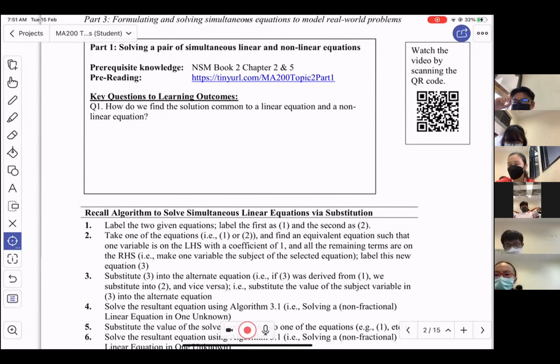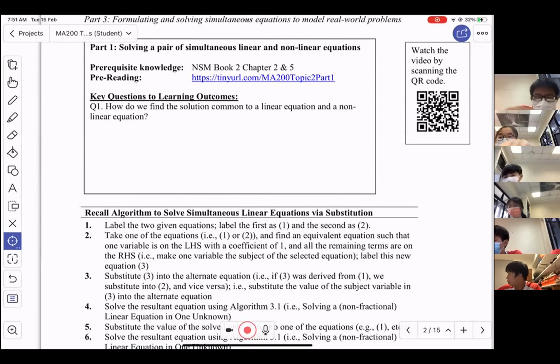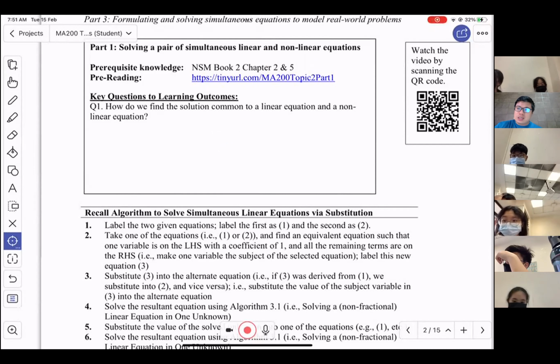Okay, so with that, we are going to start on topic 2. Mr. Wang, right, yesterday went through with you how to look at different pairs of simultaneous equations, linear and non-linear. We actually did this before, in JH1. So the difference between JH1 and JH2: remember in JH1 we are solving things like this, for example x minus y equals 3, then 2x plus 3y equals 7. Just a recap from JH1, how we go about doing it is we look at